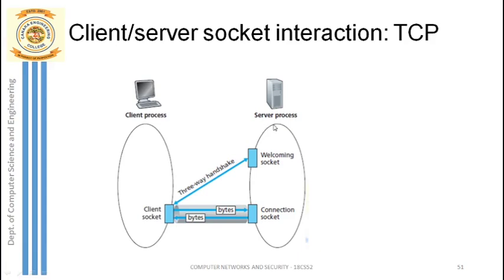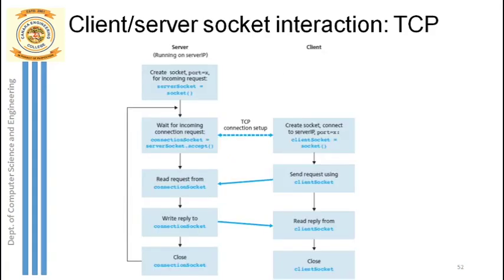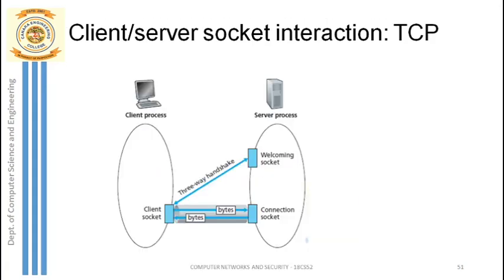He will maintain a dedicated connection with each individual client. So what is going to happen there? One client will not overlap with another client, and the server will not overlap with multiple clients. So a dedicated connection is established between each client and the server. You call this a dedicated connection.